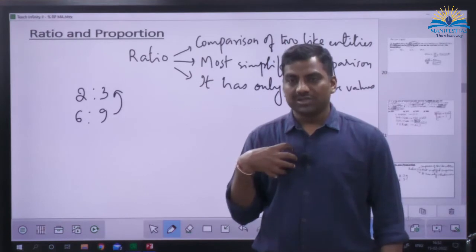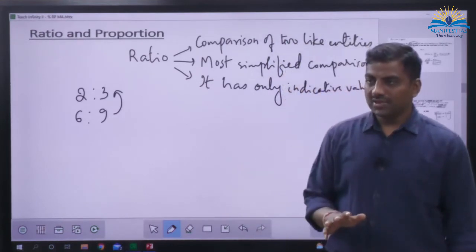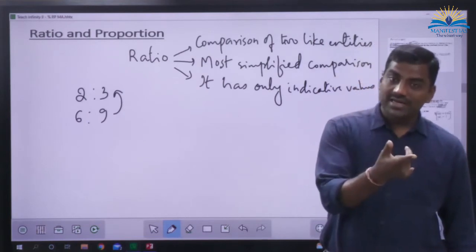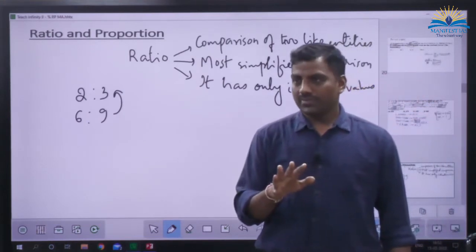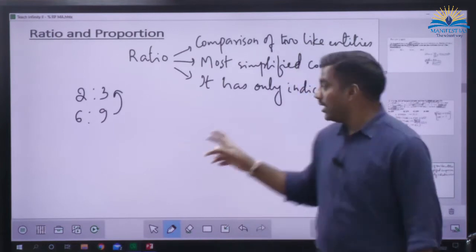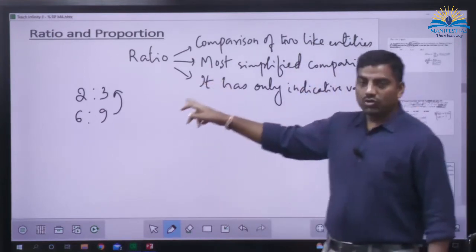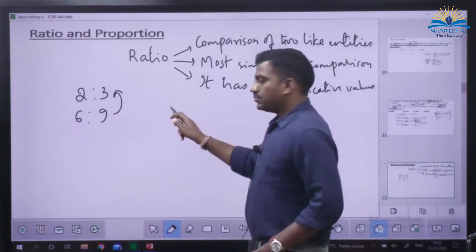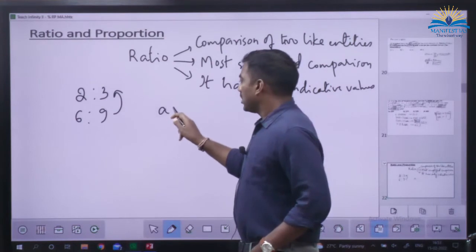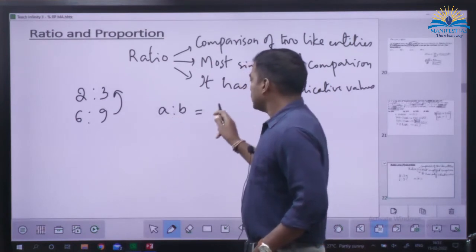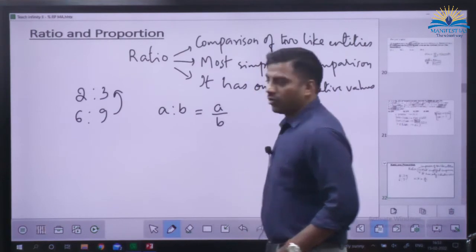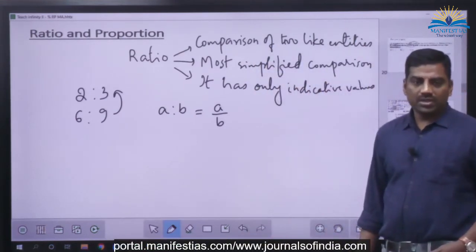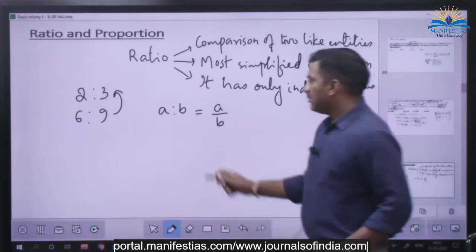What does it say? If my salary is 2 rupees, then definitely her salary is 3 rupees. If my salary is 2,000, her salary is 3,000. If my salary is 200, her salary is 300. If her salary is 300, my salary is 200. But it is not the real value. Whatever we denote here is not the real value. But generally, we write A is to B as A by B. For our calculation purposes, we take A is to B equal to A by B. And in mathematical terms,